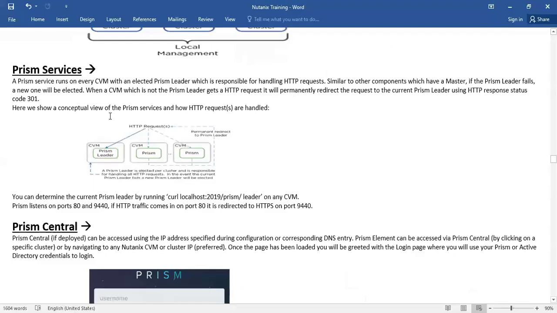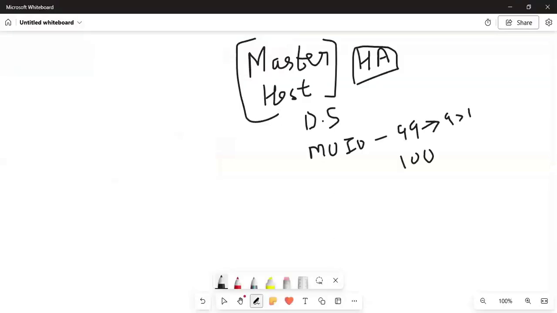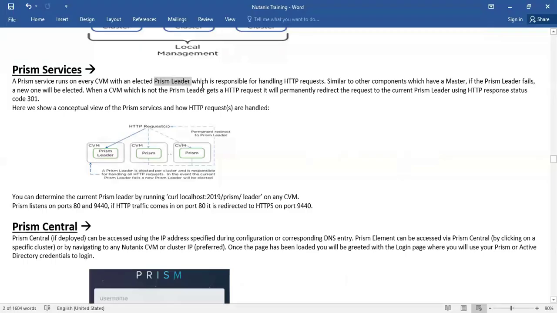So here, a Prism service runs on every CVM with an elected Prism leader. Here, what we refer to as the master host, we refer to as the Prism leader, which is responsible for handling the requests. Similar to other components which have a master, if the Prism leader fails,